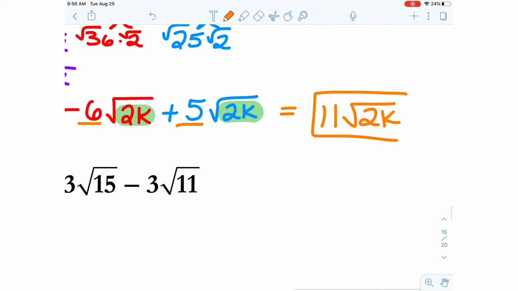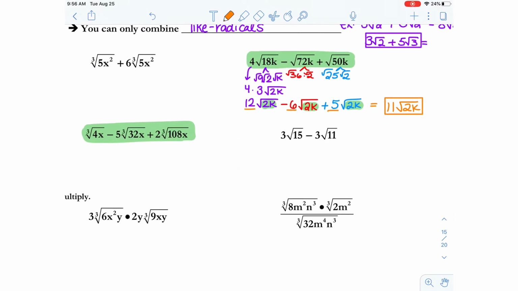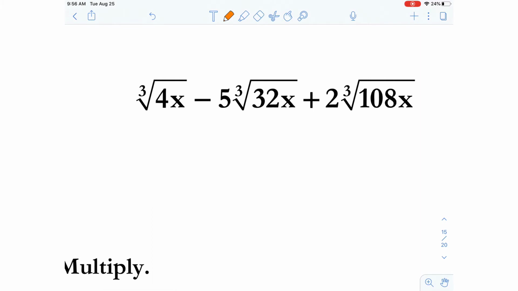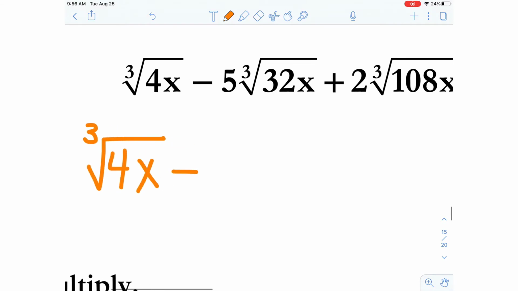So we simplify first and then combine like terms if possible. Same is true with cube roots or fifth roots or whatever. Any index, it's the same strategy. So next I'm going to do this one right here. Now this cannot reduce. Why? Because no number that goes into 4 is cube rootable, and there's not enough x's, so I'm just going to leave this be. Now, one hint is that since this inside is 4x, I bet the other insides will also